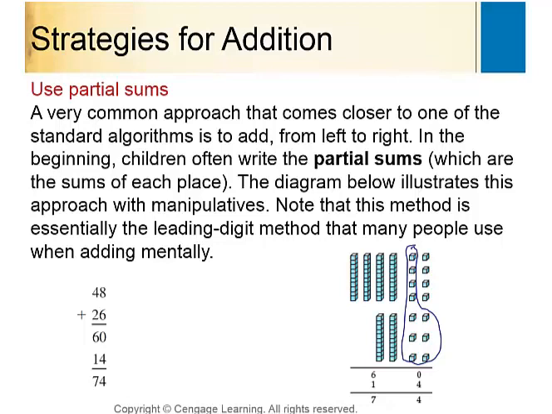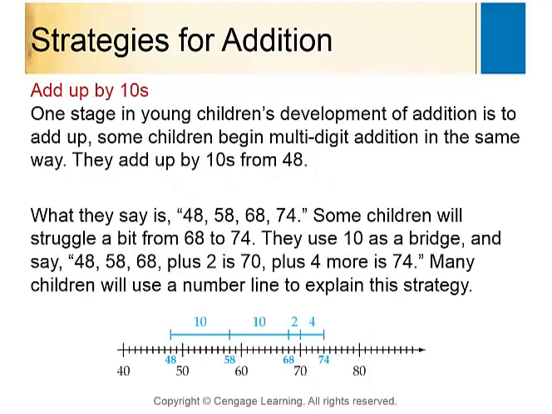Here's another method, add up by tens. And this might help some if they liked the number line method, but if you were going to add up 48 plus 26, you would start at the 48 and then you would add up 10, 20, and then 2 to get to the 10, and then another 4 to get to that 74. So that might be a way a student likes it, and